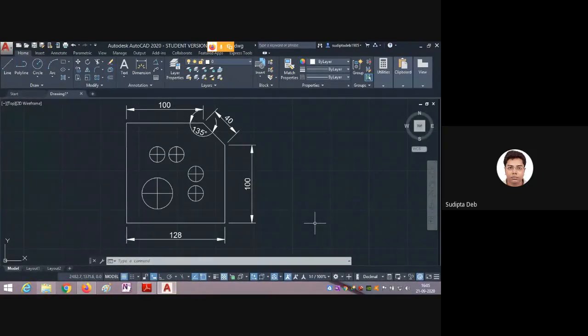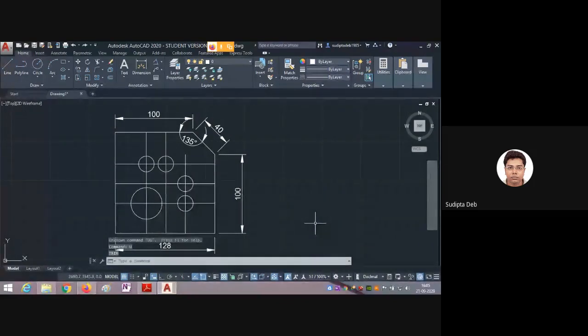Trim command is trim, trim, double enter. Let me show again, undo. Trim, trim, double enter, not single enter, double enter, 1, 2. Now just move your cursor. When you move, it will show invisible. Just click here. When I am moving my cursor, it is showing invisible. So just click here, or you can drag also like this.